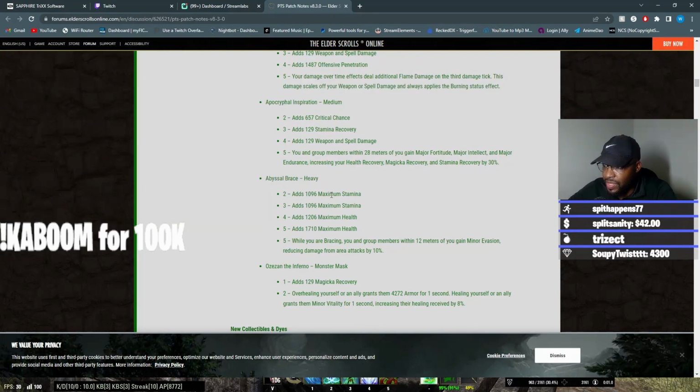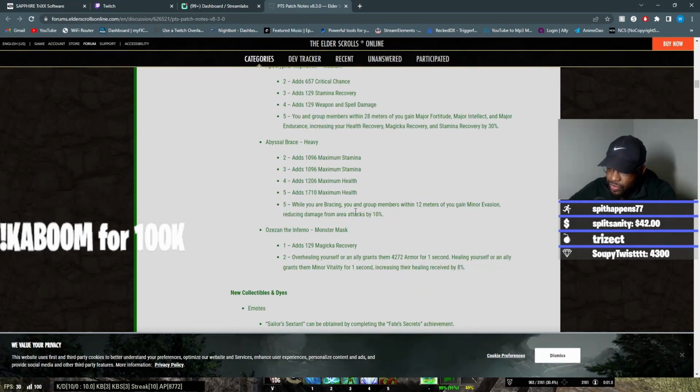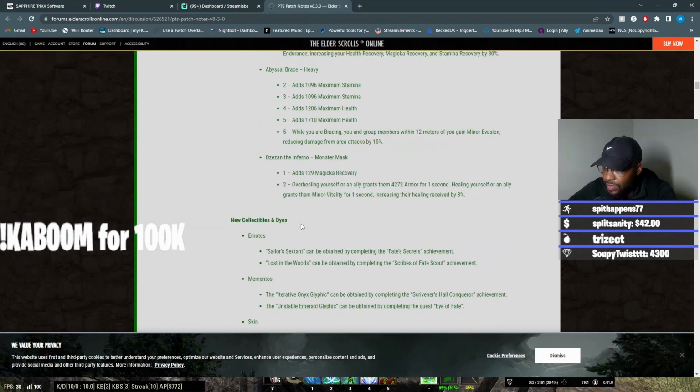Abyssal Brace, that's a heavy set. You got 2 lines of stamina, 1 line of health, and then, damn, even the 5th line is health. Okay, so big beefy. While you are bracing, your group members within 12 meters of you gain minor evasion, reducing the damage from area attacks by 10%. Another defensive set. Not really that good, but that health though. And then the other monster set,